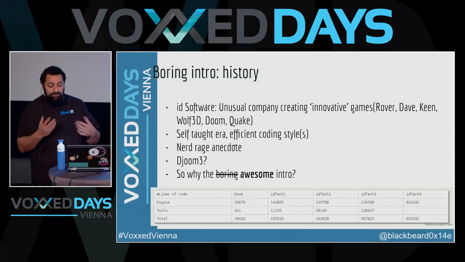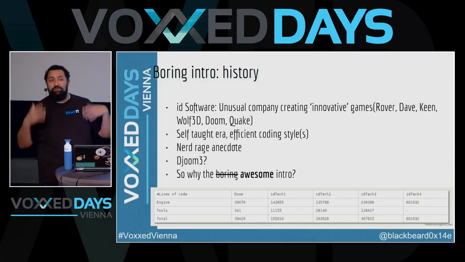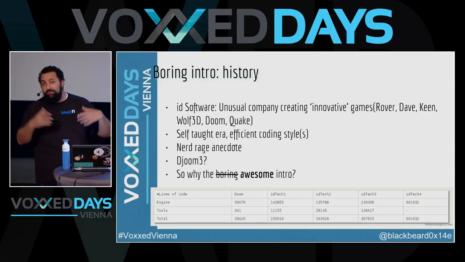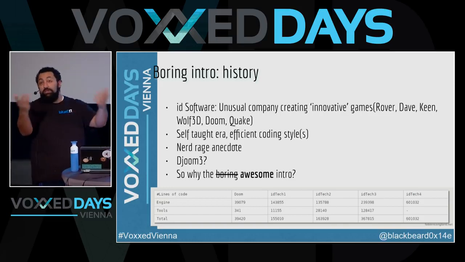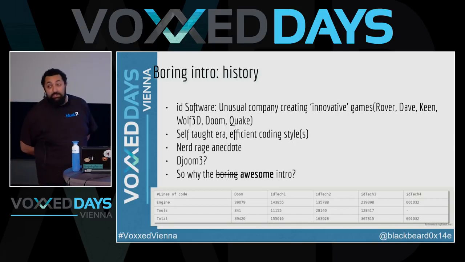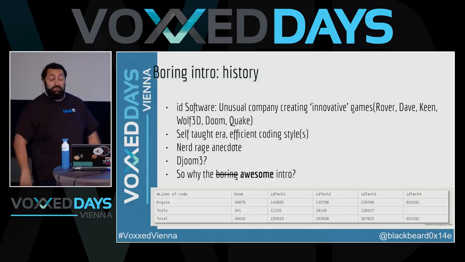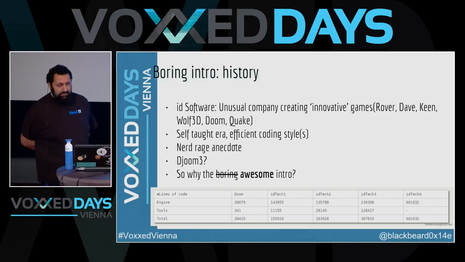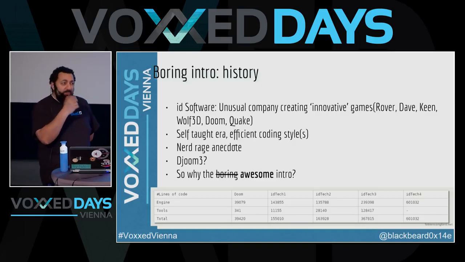Somebody noticed the way asset loading worked in Doom was basically you have a large file, and if you want the picture of the Doom guy, you just iterate through the whole file until you find the Doom picture and you load it. You want the sound of the shotgun, you just iterate till you find it, and so on. When I'm telling it right now, everybody thinks that's very inefficient, and that's what people thought in the 90s. They got angry and went on mailing lists, which was the Facebook of the 90s, and started ranting about it. Everybody knows you put it in a hash map, or a hash table.